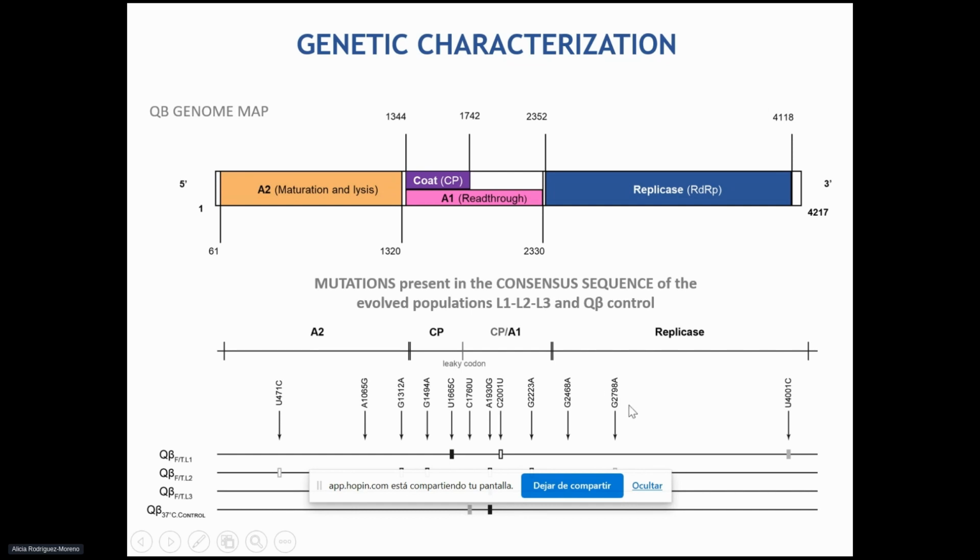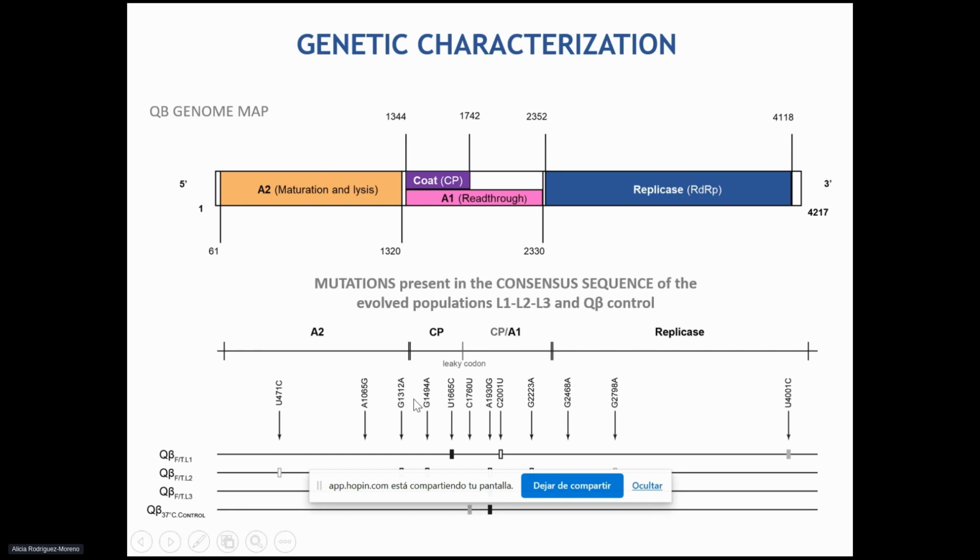The first notable observation is that of a total of 11 mutations detected in the 3 lines, 8 are located in the structural proteins of the capsid. From these, 6 are non-synonymous and 2 are synonymous. Non-synonymous mutations are mutations that change the protein sequence, and they have a much greater effect on an individual than a synonymous mutation. These mutations can be selected because they increase freezing-thawing resistance, or because they increase the ability of the virus to replicate.